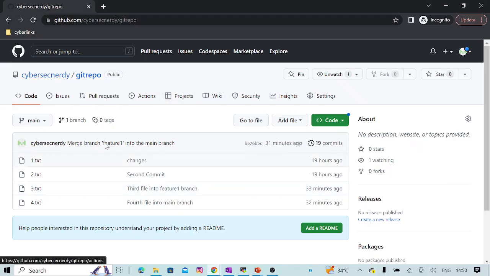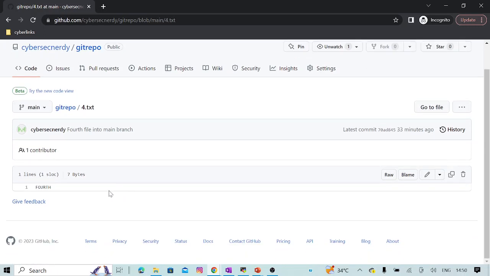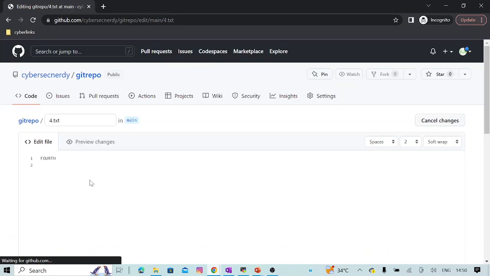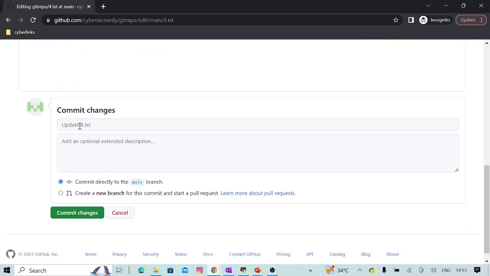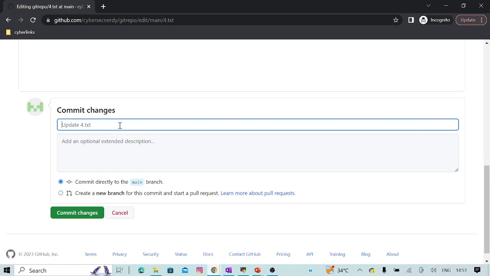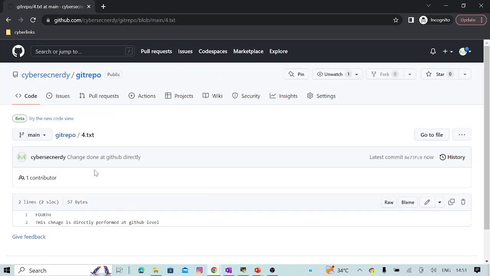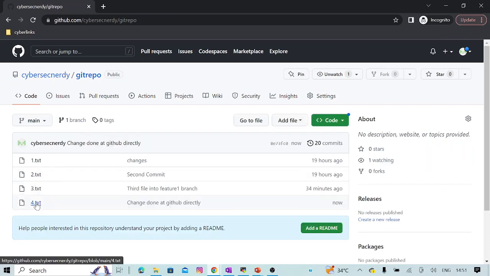So if I go back to my GitHub repository and click here on 4.txt, you should be able to see the contents of my file. If I click this pencil icon here, I'm going to edit this file directly on GitHub. I will say this change is directly performed at GitHub level. Okay. And I'm going to commit these changes. In the message, let's say, change done at GitHub directly. This is our message. If I click on commit changes,